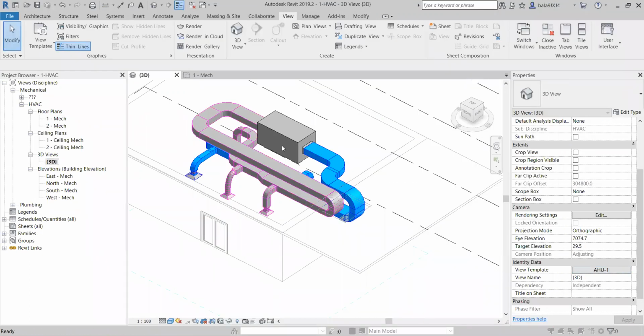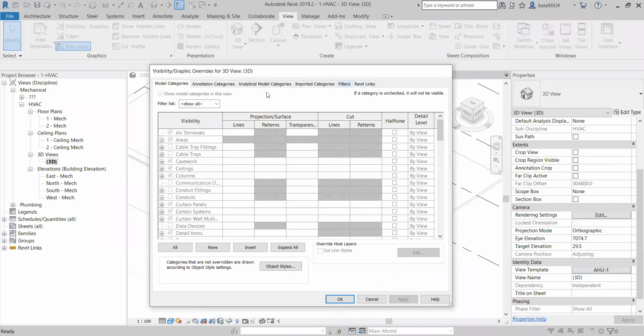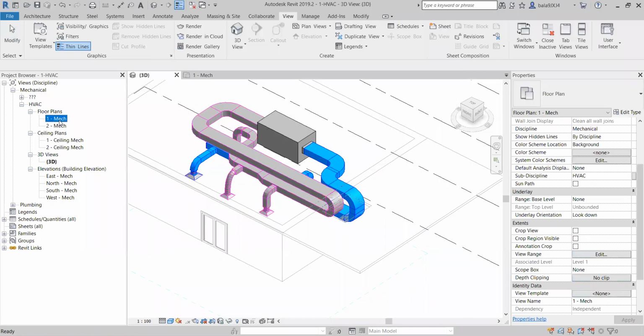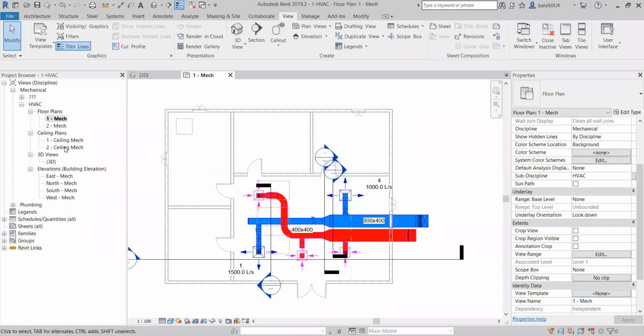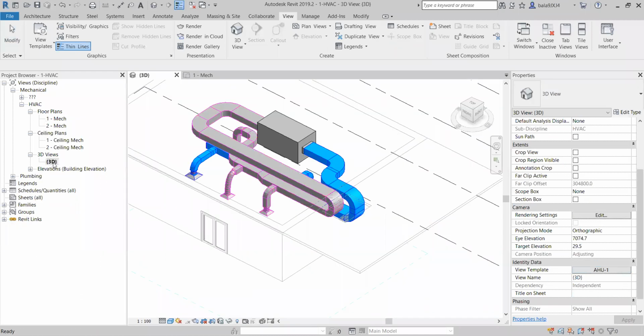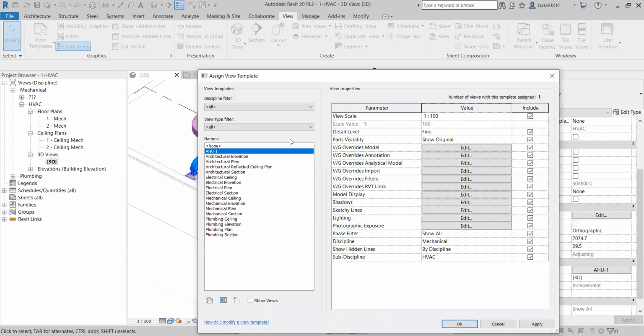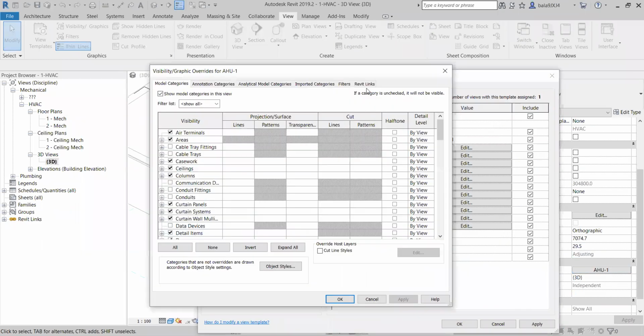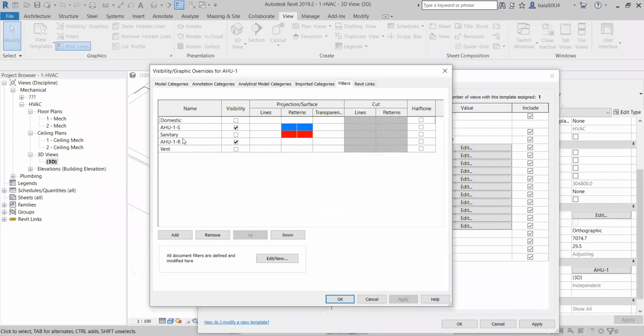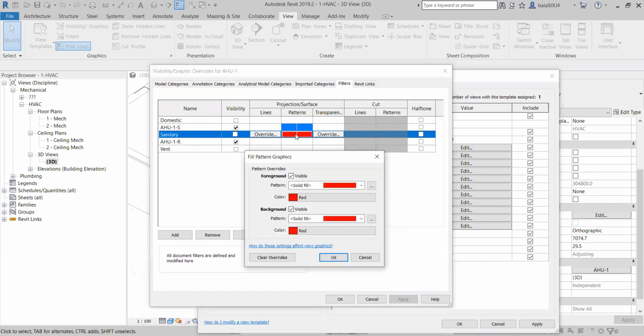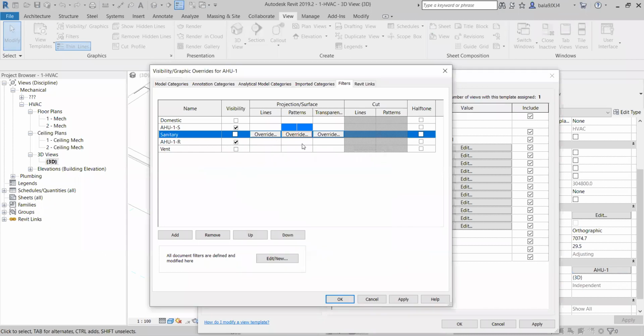Okay, sorry. Go to VG. Here visibility graphics. No, I gave it here. Okay, sorry. Clear override. Okay.